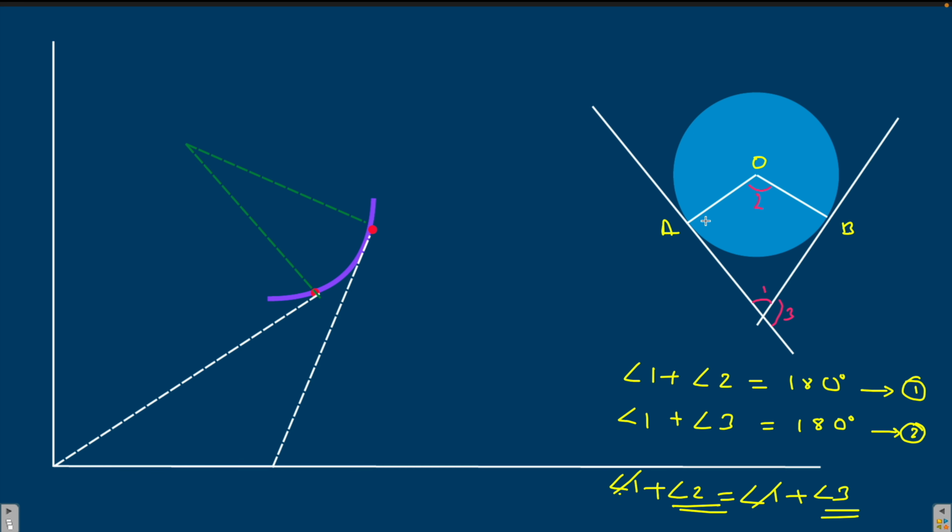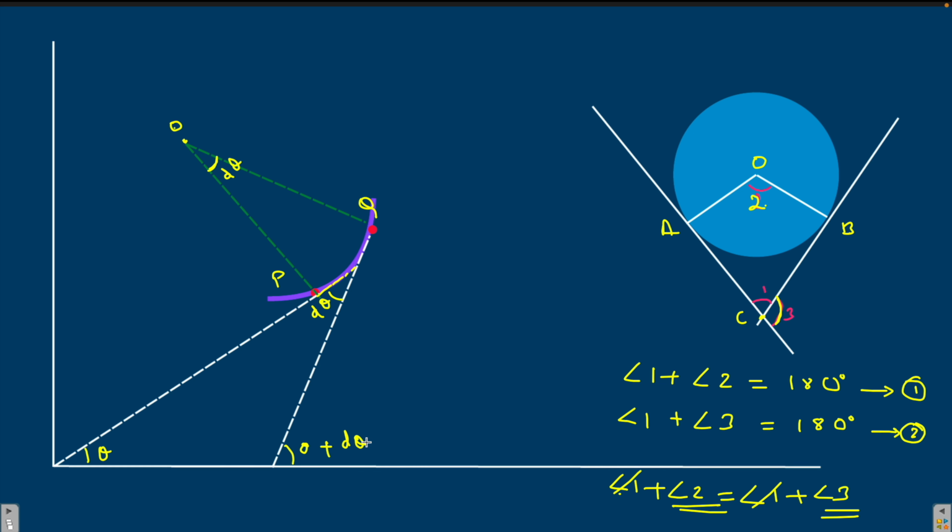It means that if we draw two tangents from two different points and those tangents intersect each other, let's say at point C, then the angle between those tangents, this angle 3, must be equal to the angle between the normals at the center of the circle, angle 2. So using the same analogy, if this angle is theta and this angle is d theta over here, this angle also will be d theta, because this point is point O, which is the center of the circle.